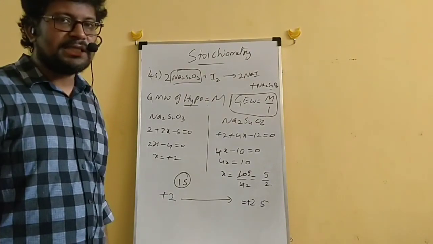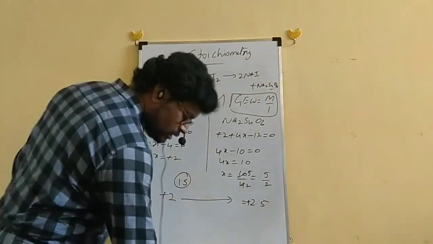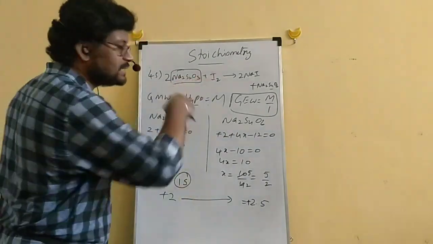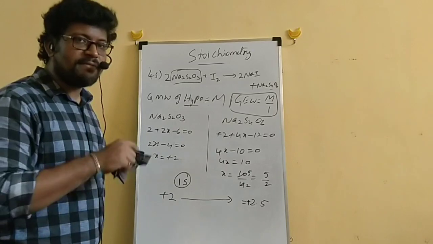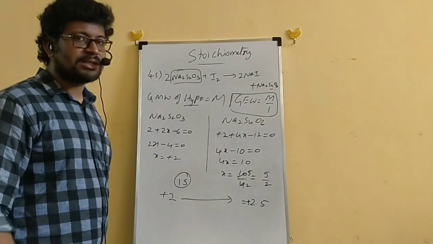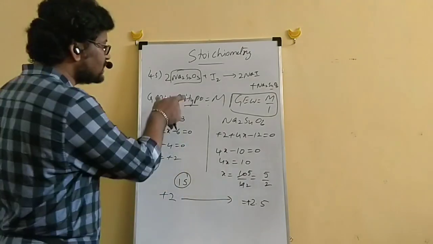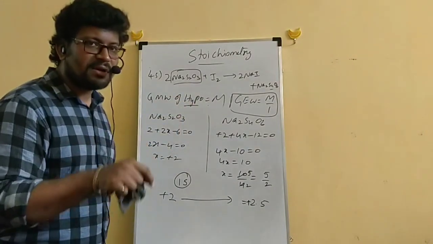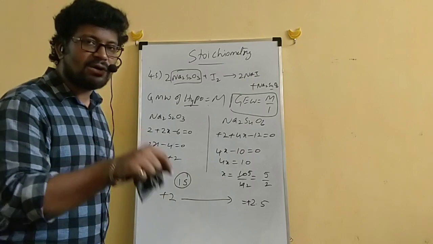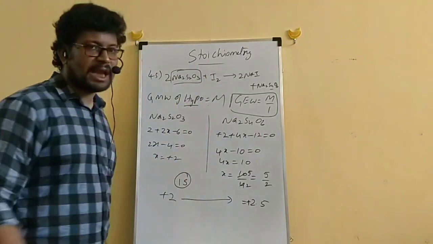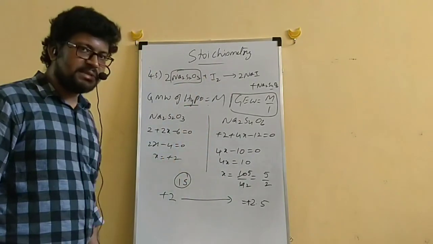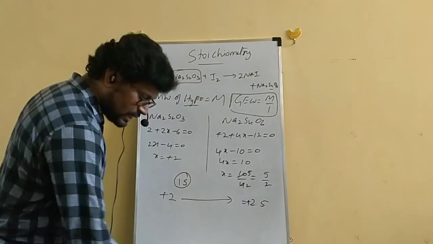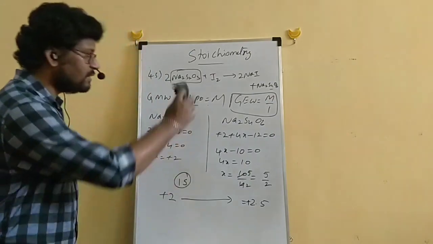Okay? This is about gram equivalent weight in reactions. In this way we have to find it. They will not ask about the whole reaction. They will ask about a particular compound, so please consider that compound carefully. According to the compound they ask for, we have to do this calculation. Is it clear? Otherwise you can ask me doubts, no problem. I will clarify. I think it will be clear for most of you.